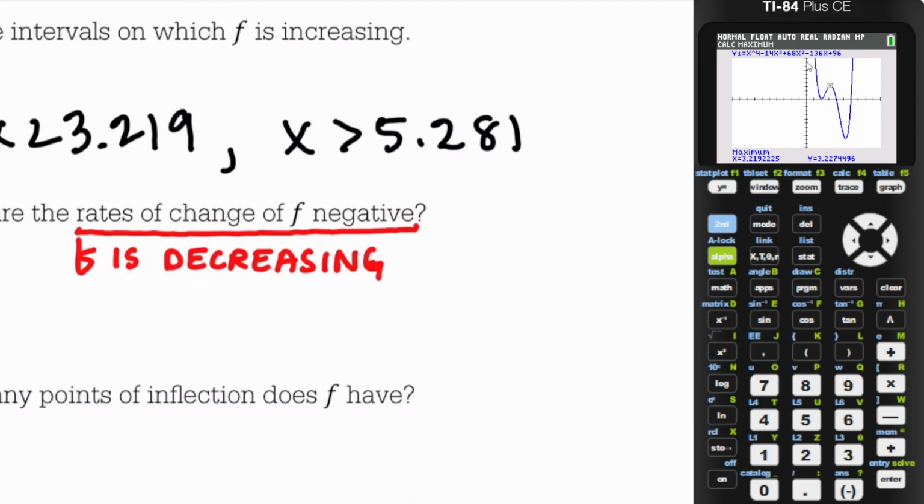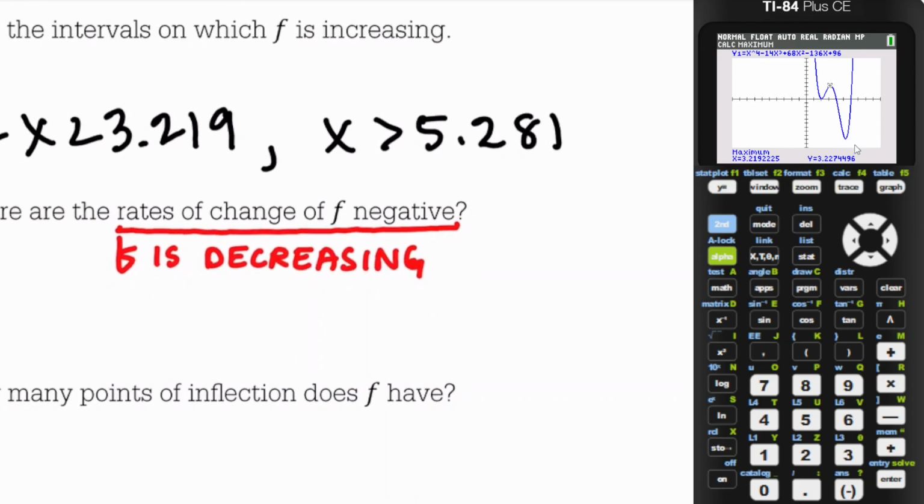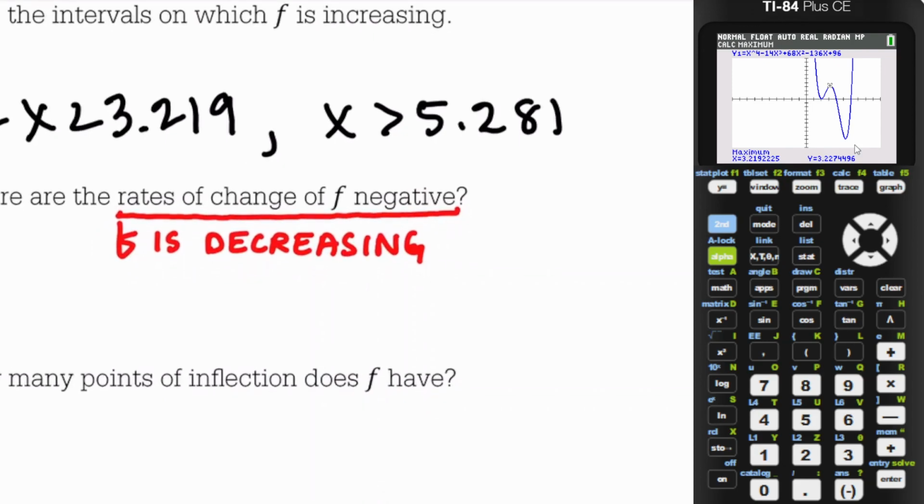All right, so f is going to be decreasing before the relative minimum and between the relative maximum and this other relative minimum, which is also the absolute minimum. So we've got all the numbers we need already. We just need to use them. So that's going to be when x is less than 2, and also between x equals 3.219